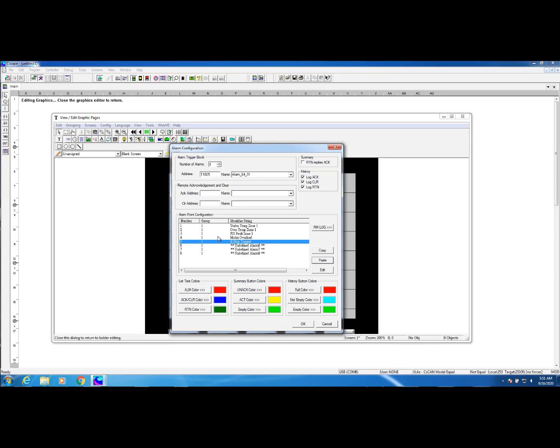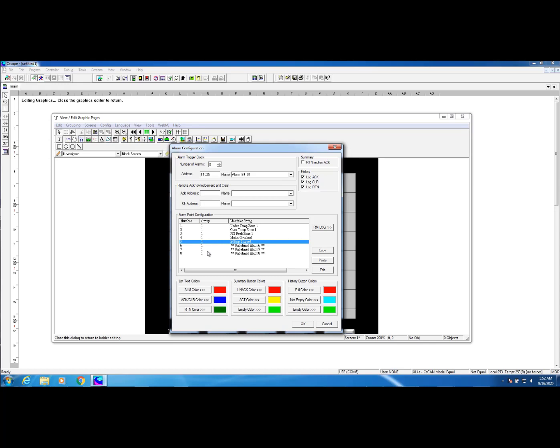Okay, the next concept I want to talk about is the ability to group alarms. As you can see here, by default, there's a column showing group 1. You have the ability to create up to 16 different groups of alarms. So if you have a machine with maybe different zones or different functions, and you would like to group your alarms by zone or by function, you have the ability to do that. As you add alarms, whether it's directly here as I did, or say through Excel with a copy and paste function, you can assign different groups to different alarms if you choose to do that. In this particular case, I'm just going to leave everything in a single group,